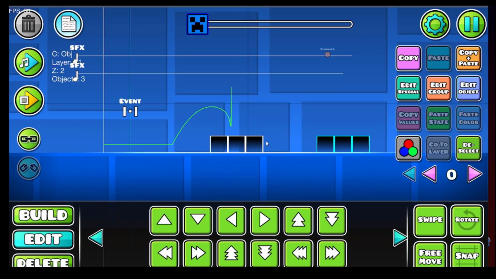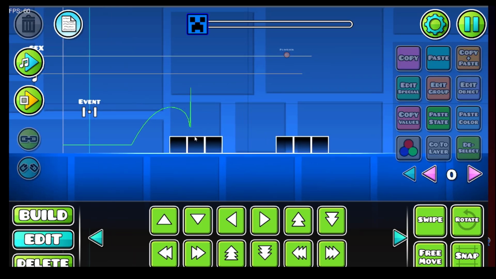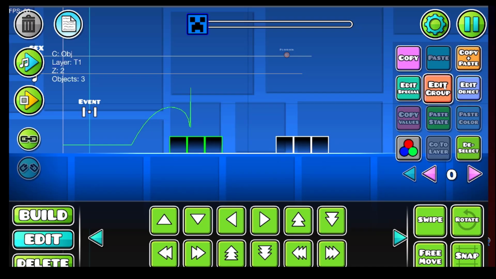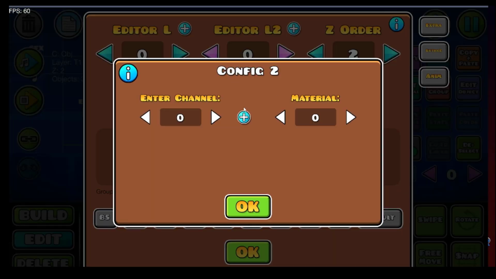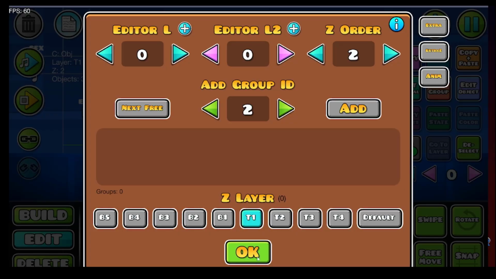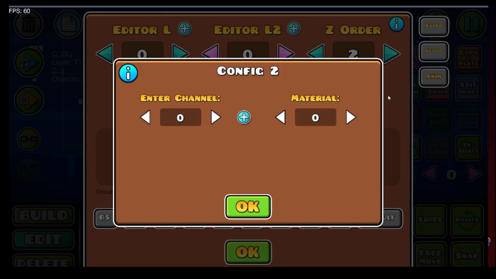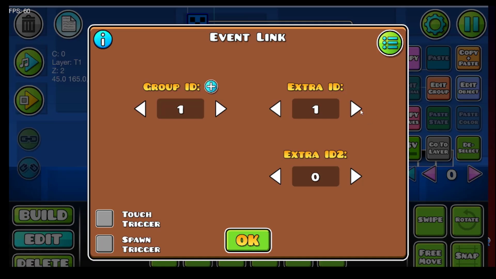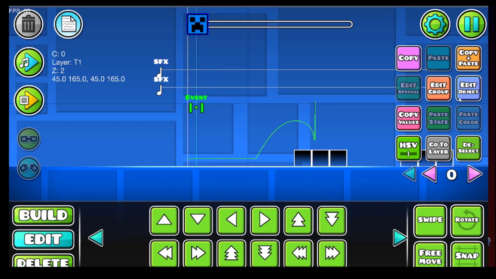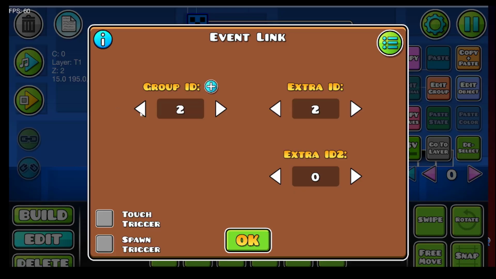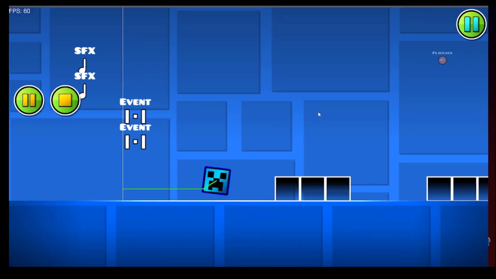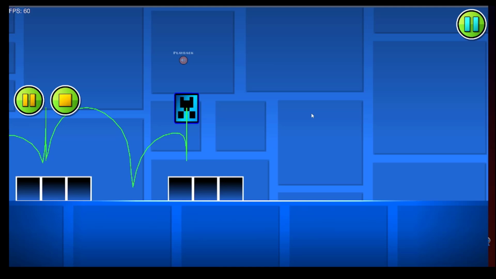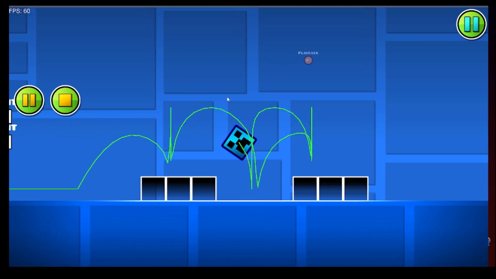So if I want to link to whatever stuff, extra ID will play different sound effects on the same event. So add a group extra 2 and enter the material onto the right side. Another material here. So extra ID should match the material. So again, group ID 2, extra ID 2 here. 1 1 1 2 2 2. So it does the same